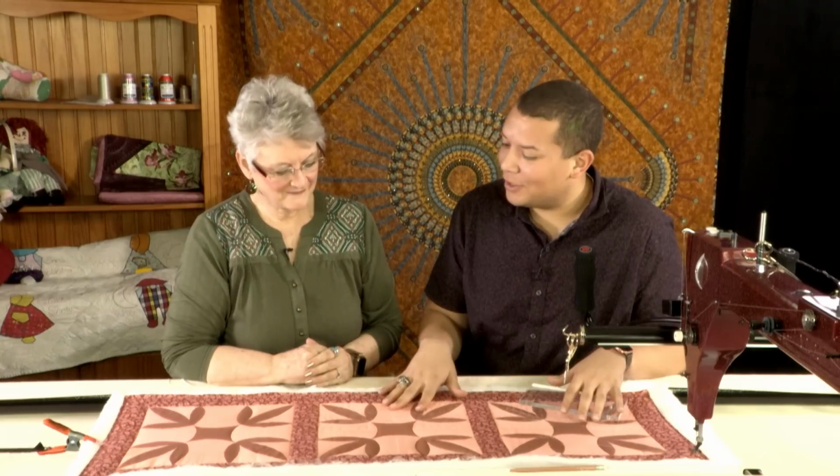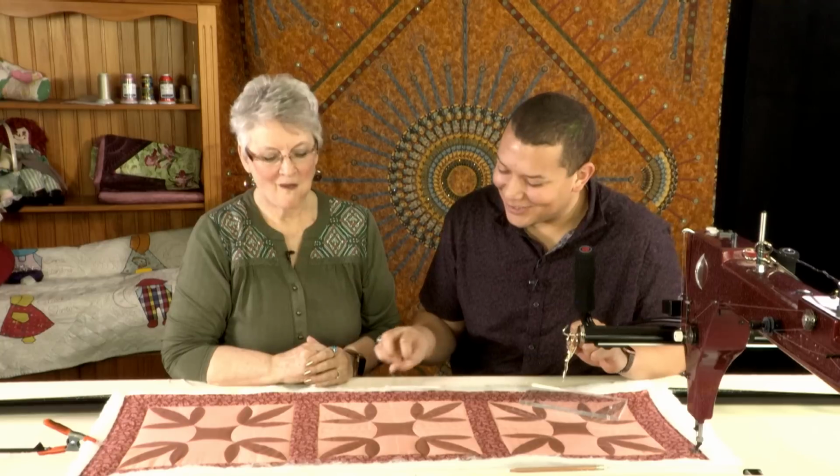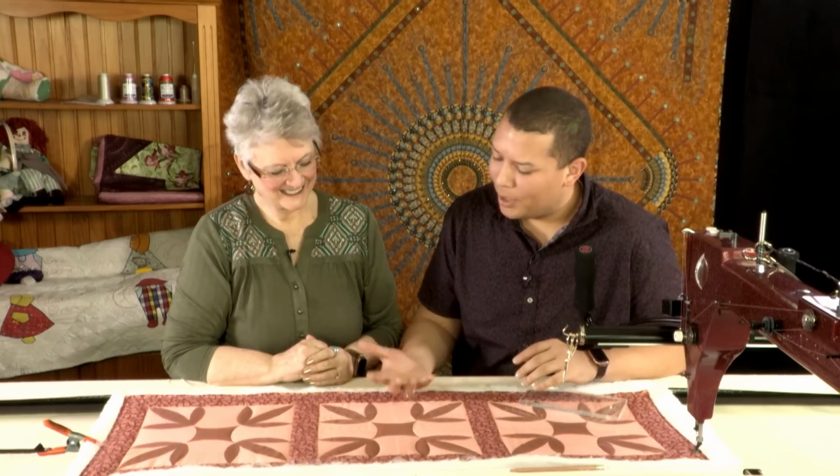Alrighty, so we have this fun table runner that I actually picked up at the Tulsa Quilt Show in Oklahoma for $5. You're going to tell me that. Yeah, I knew you for were going to say that. Yeah. Thanks. No problem. And so it's already been hand quilted a little bit, but I wanted to bring it